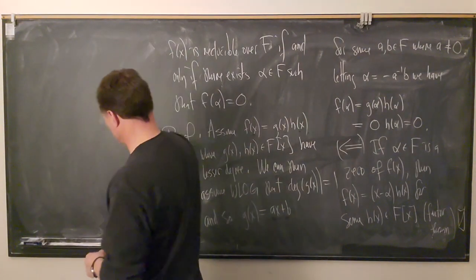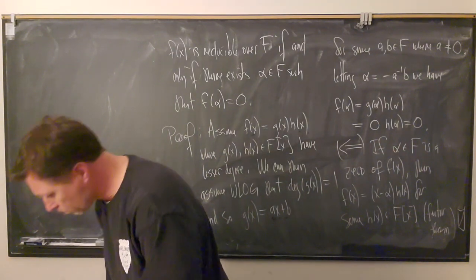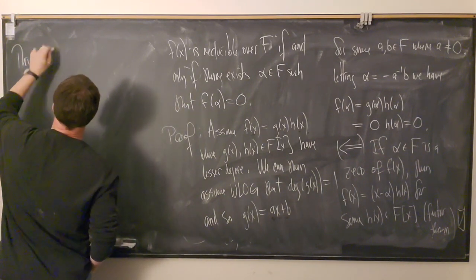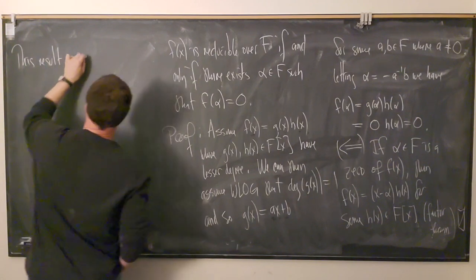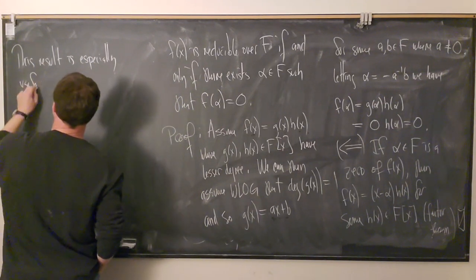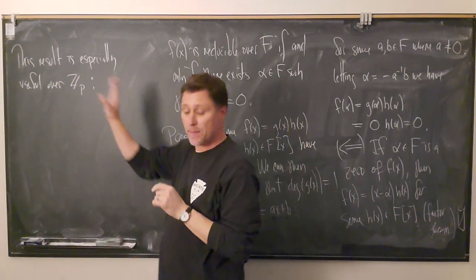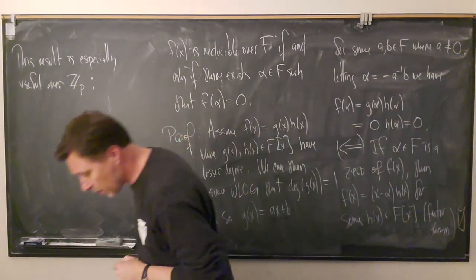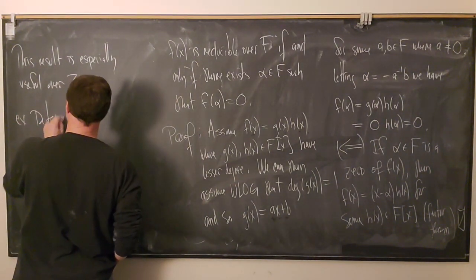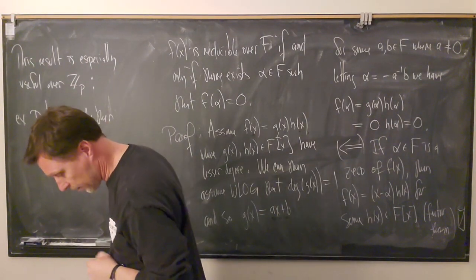Let's see how to make use of this. This result, and we'll see this more and more, is especially useful over Z_p. And we will definitely make use of this fact over Z_p. So let's say determine whether the following polynomial f of x